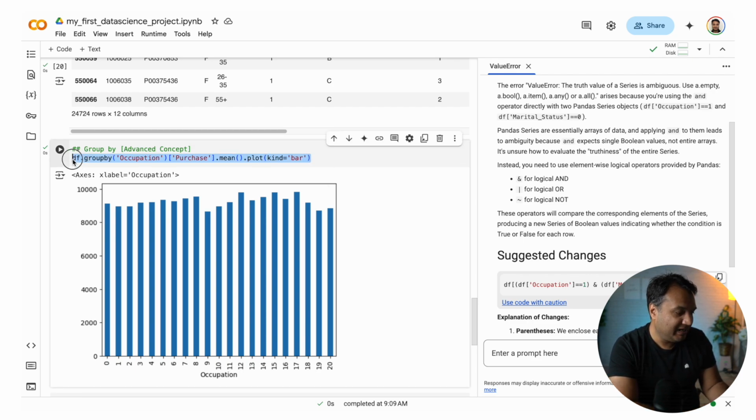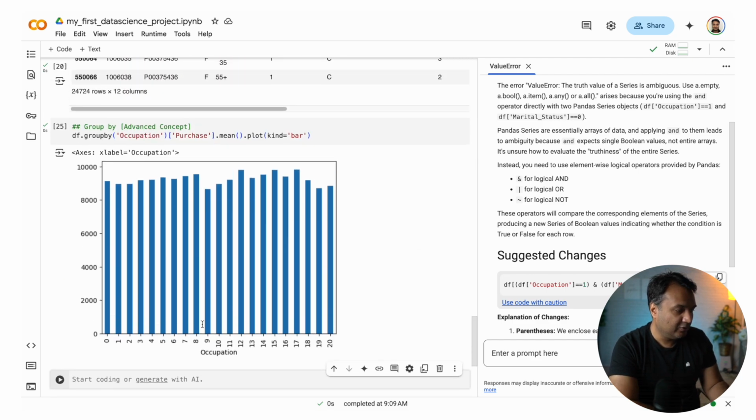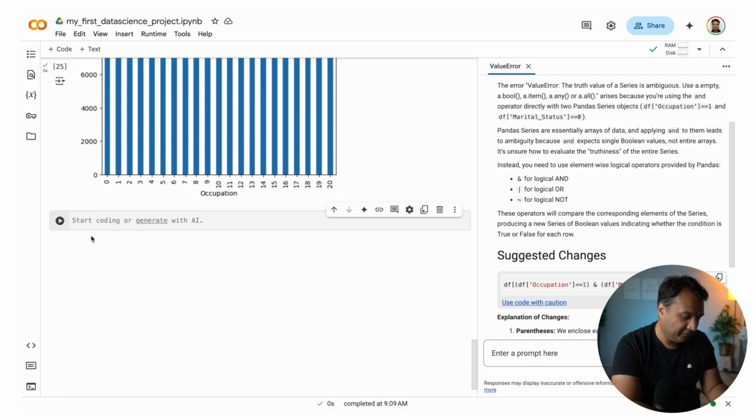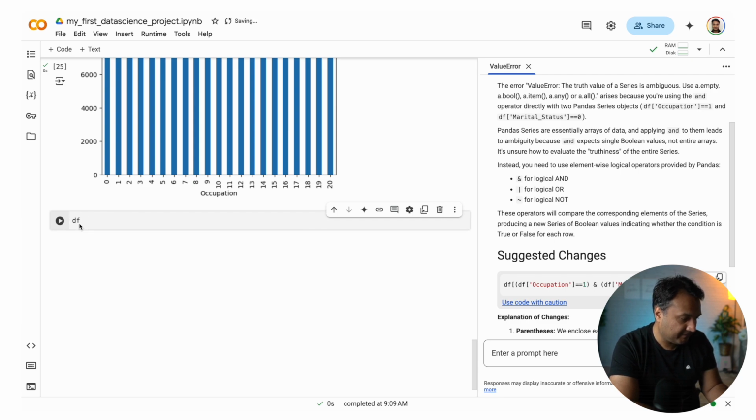So just to break things down a little bit again, because I think I covered a lot. How do you do group by? You first take a data frame. Then, let me add comments. First you create a data frame. Once you have created the data frame, second step is you use group by.